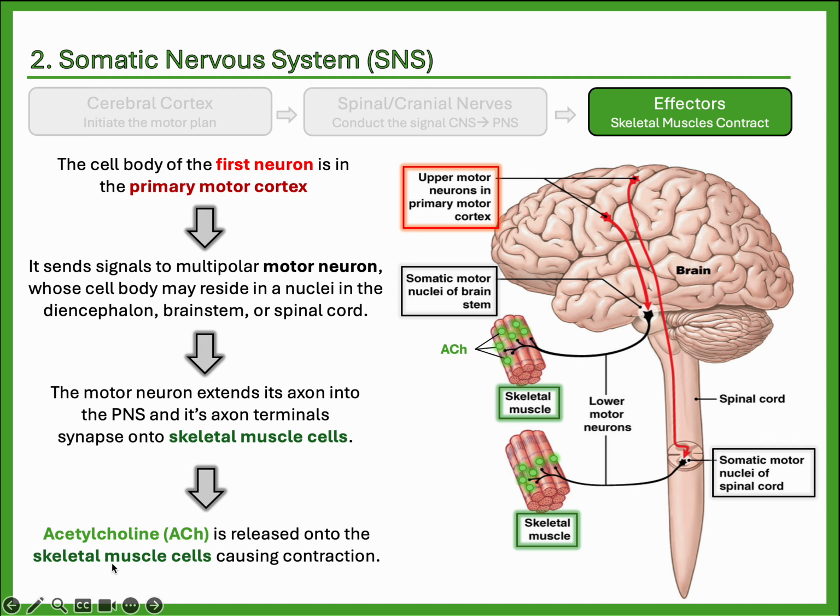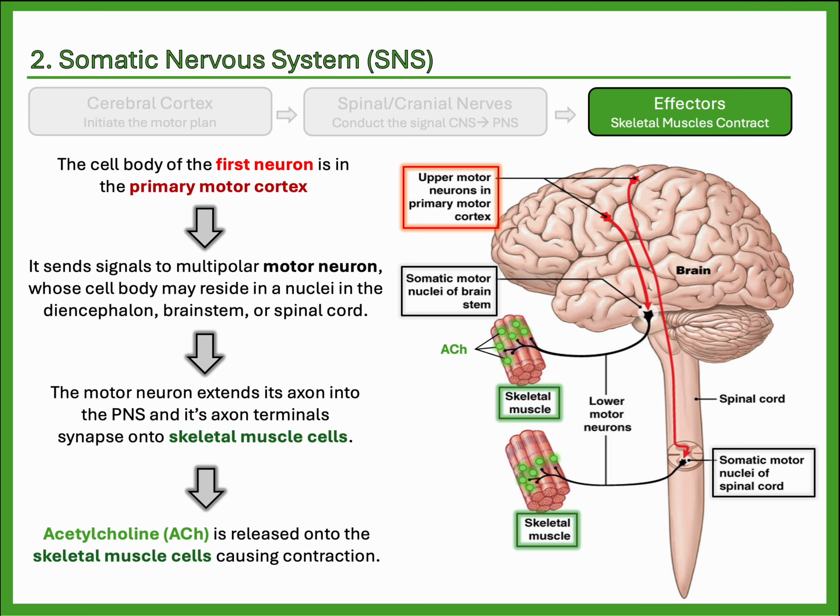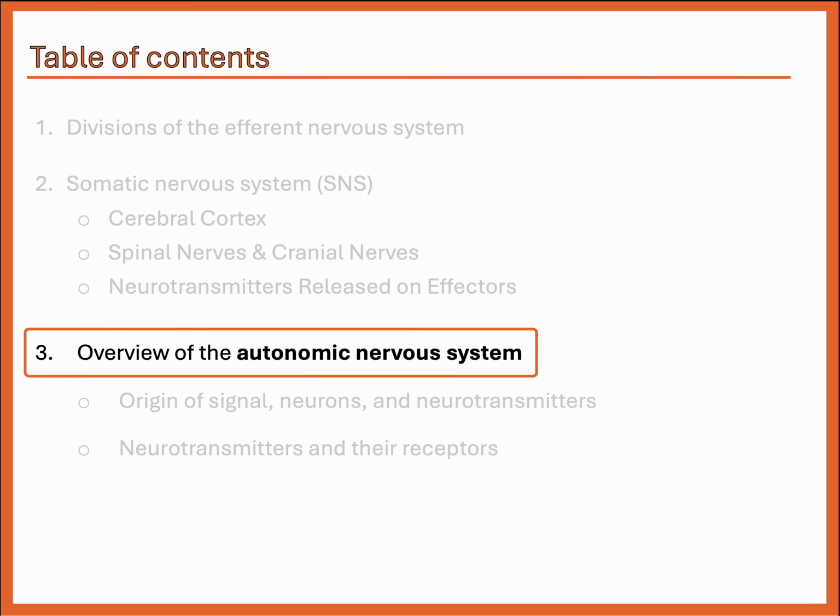So it's released onto the skeletal muscle cells, causing contraction. Now, that was it for the SNS. Very simple, easy peasy. Now we go to the autonomic nervous system, which is a little bit more complicated, but